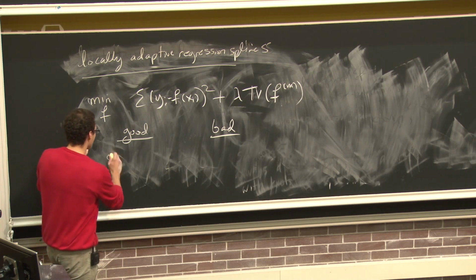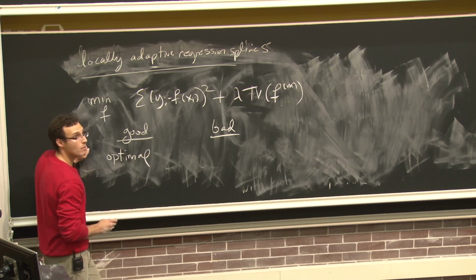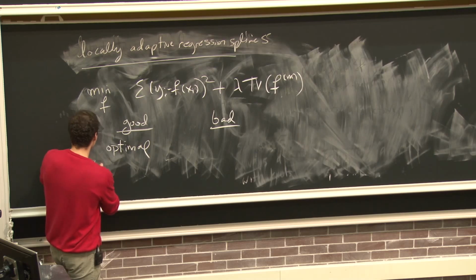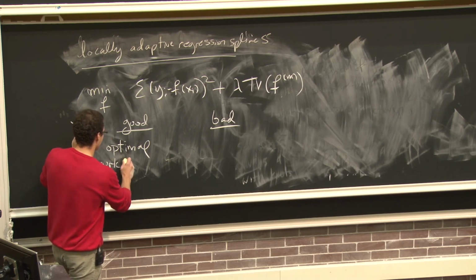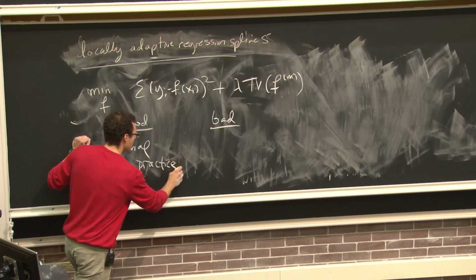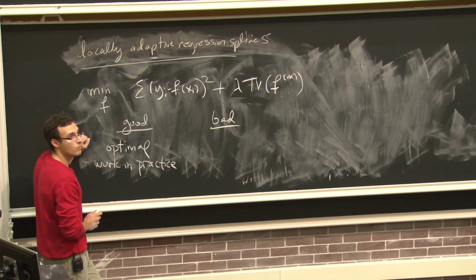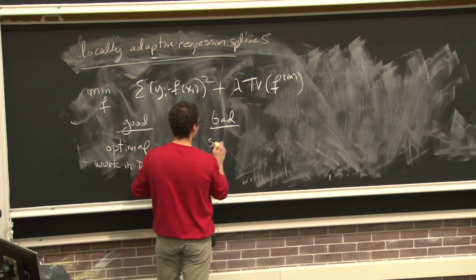Good is that they're optimal. Just like wavelets, they attain the optimal rate of convergence. Good, they work in practice. So they actually have very nice practical performance. Just like smoothing splines for smooth problems, so you don't lose much, but much better for problems with mixed degrees of smoothness. The bad is that they're slow. So